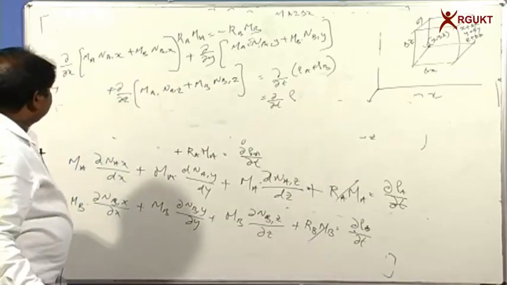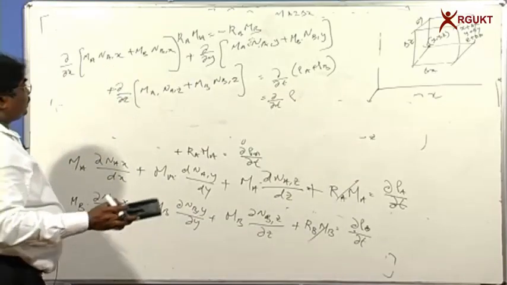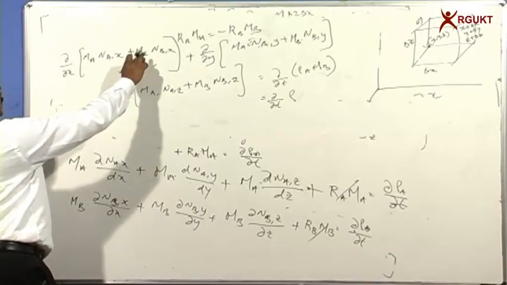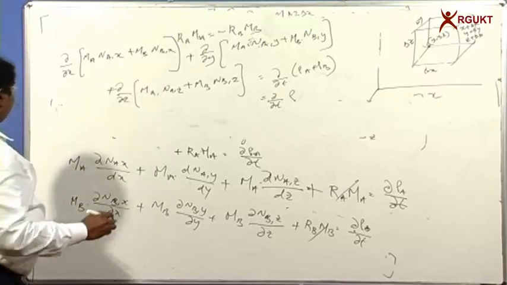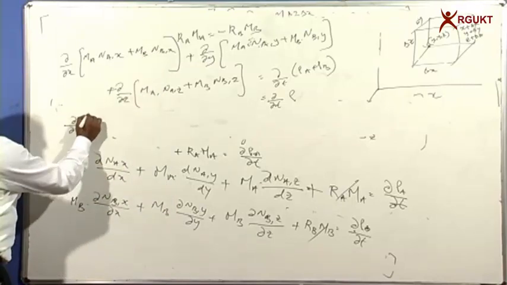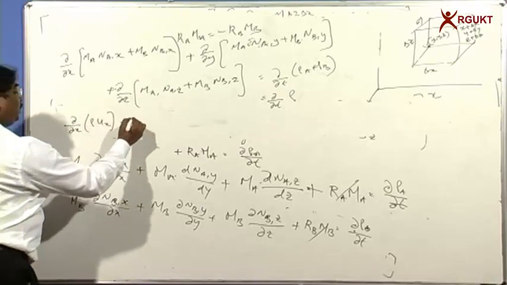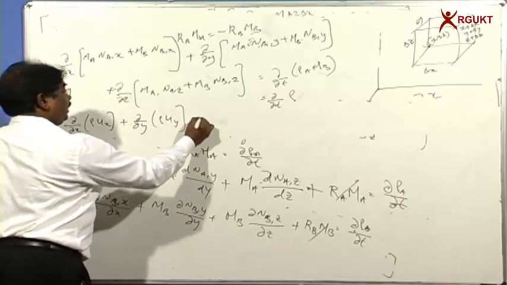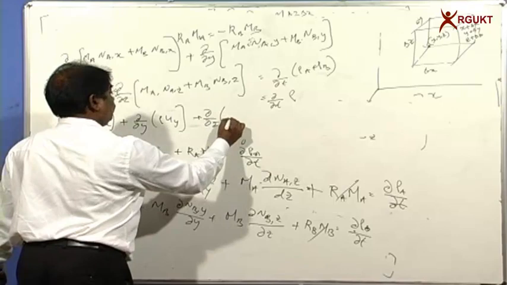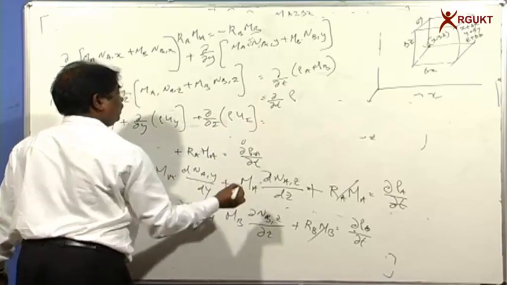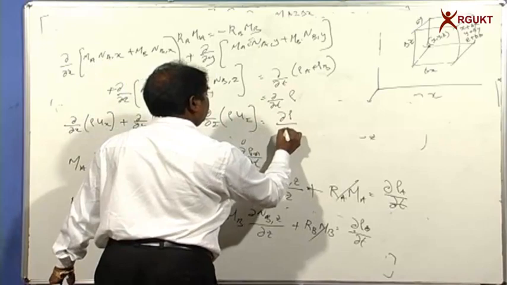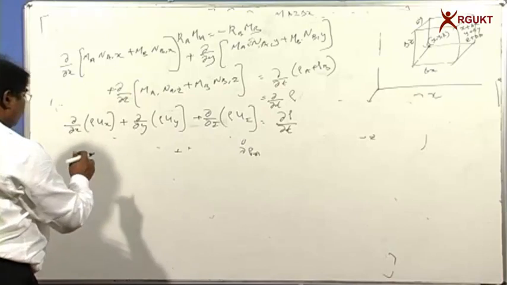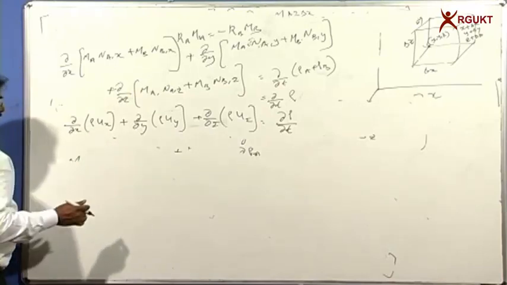But as we discussed earlier, we have written the equation for NA, and we know the flux of A in the x direction plus the flux of B in the direction, and that can be written as ∂/∂x of ρu_x plus ∂/∂y of ρu_y plus ∂/∂z of ρu_z is equal to ∂ρ/∂t. Now, if you expand this expression using the UV product formula and bring all the velocities on one side, all the densities on the other side,